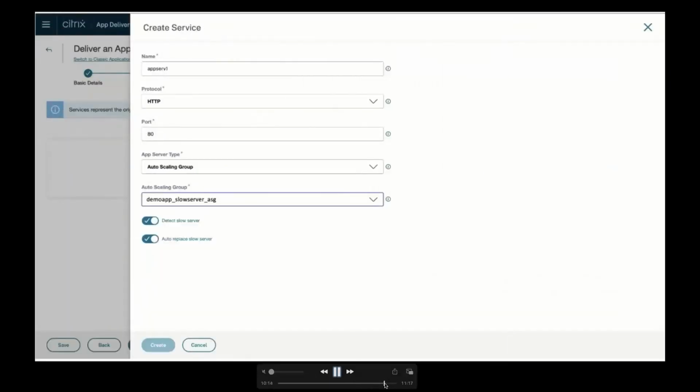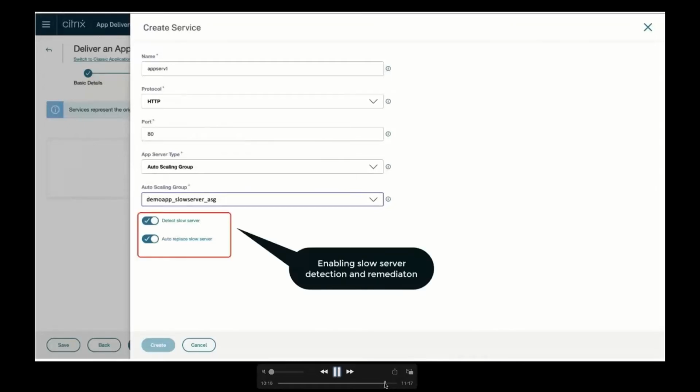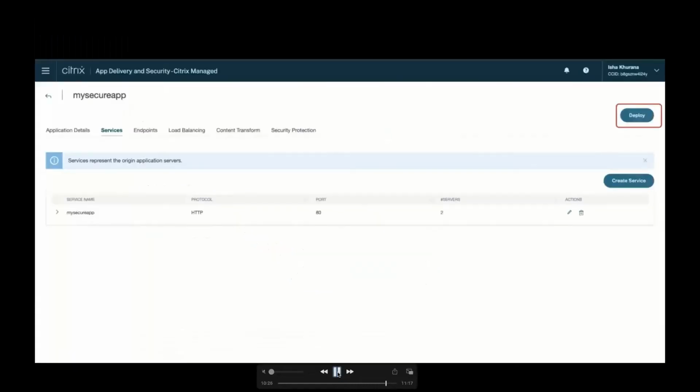So in CAD service, while adding origin servers of your application, if an autoscale group is configured, you have two toggle buttons: detect slow server and auto replace slow server. You can enable these two buttons such that poor performing servers can be detected and also auto replaced on the go. Now, after you deploy your application,